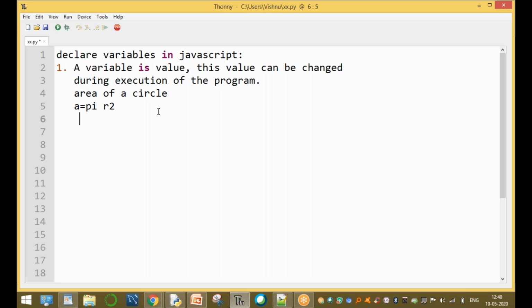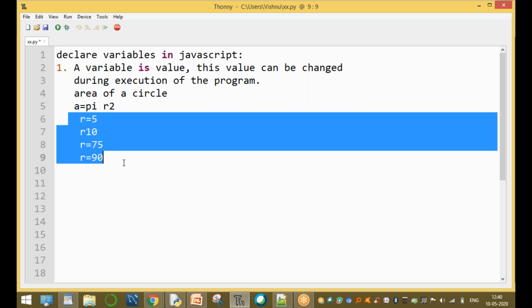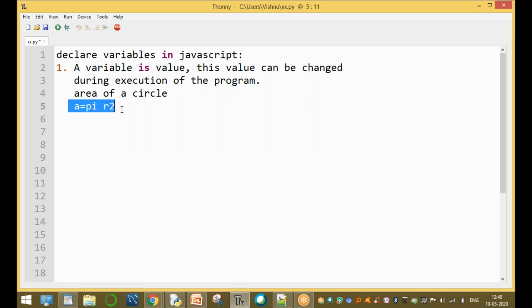Sometimes r is equal to 5, sometimes r equal to 10, sometimes r value equal to 75, sometimes r value equal to 90. So based on the r value, the a value also can be changed. That's why a and r are the variables, and pi is a constant.